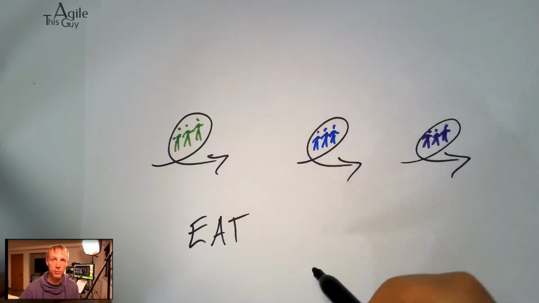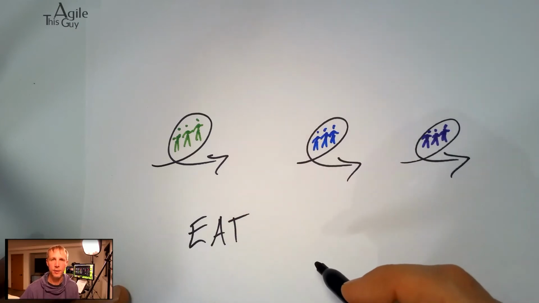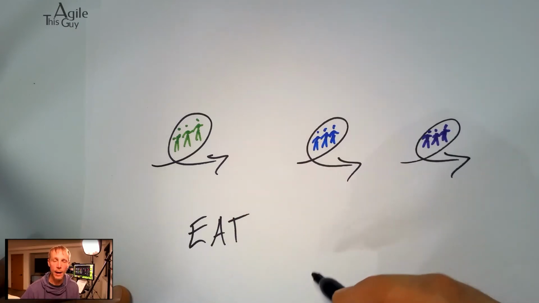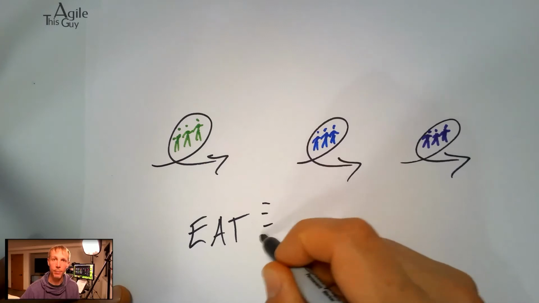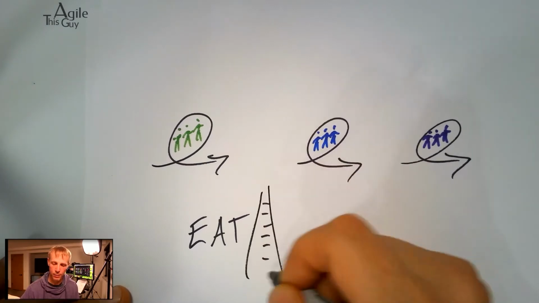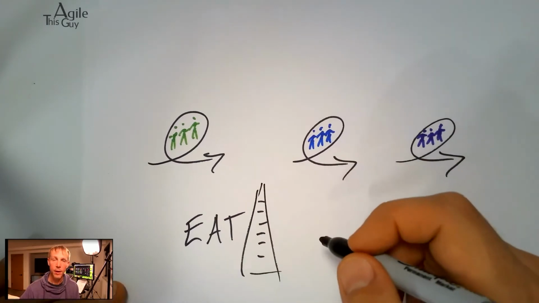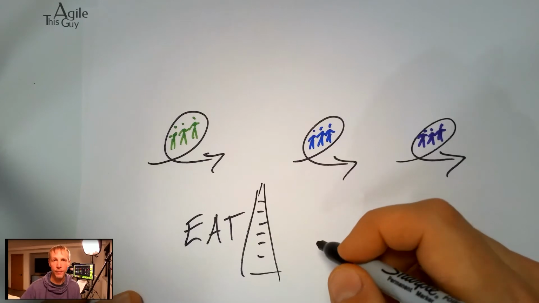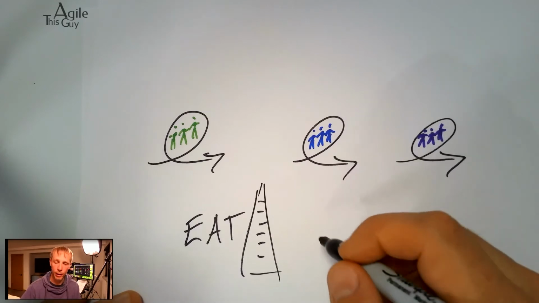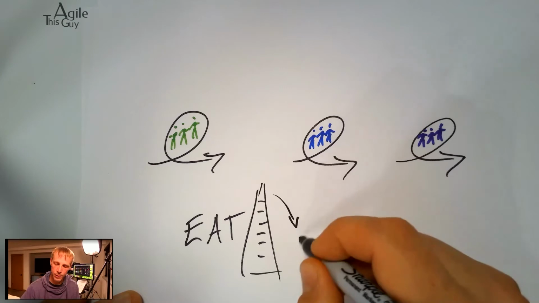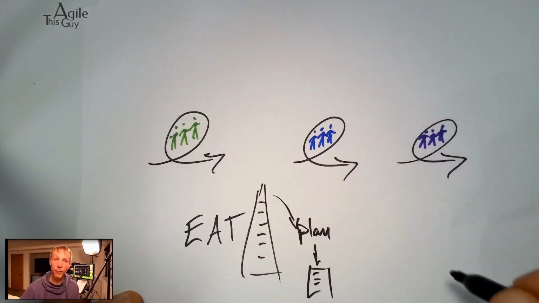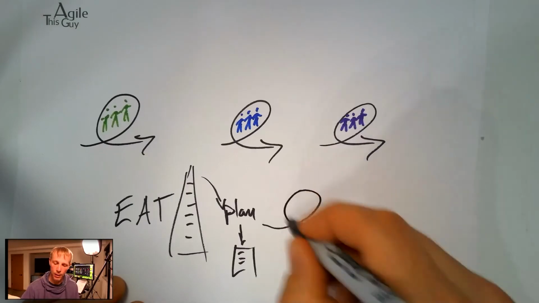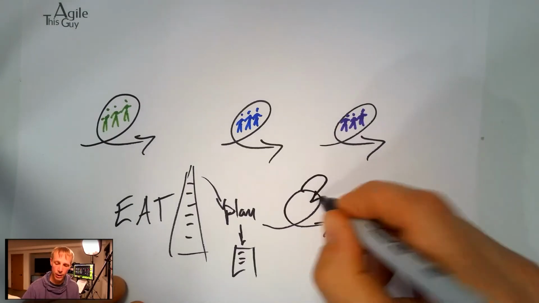And as these teams run into problems they can't solve for themselves, perhaps we could work with executives to catch those impediments, stack them up on a list, and then every so often, maybe every month on a regular cadence,